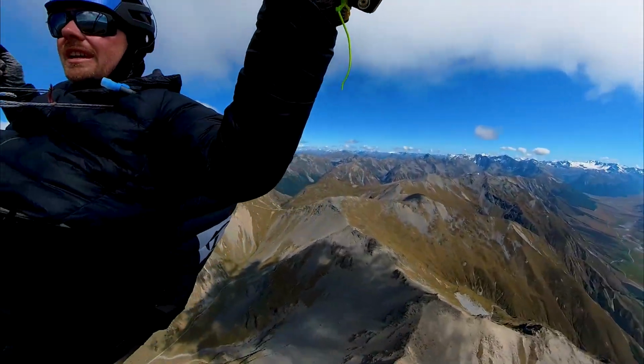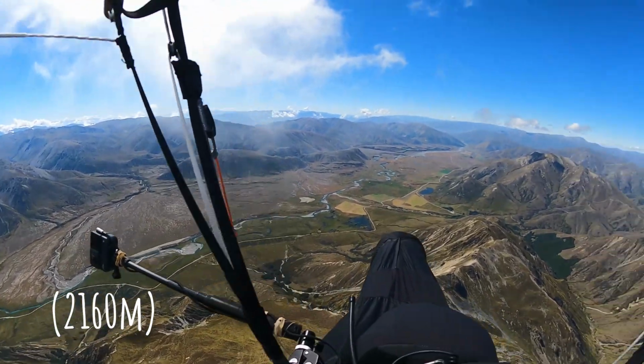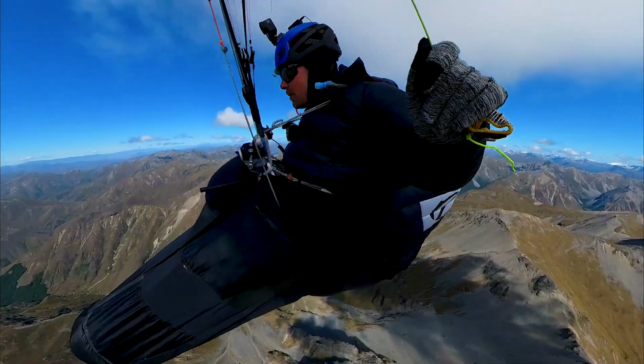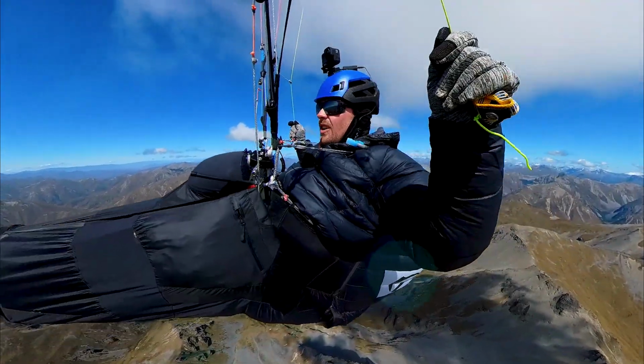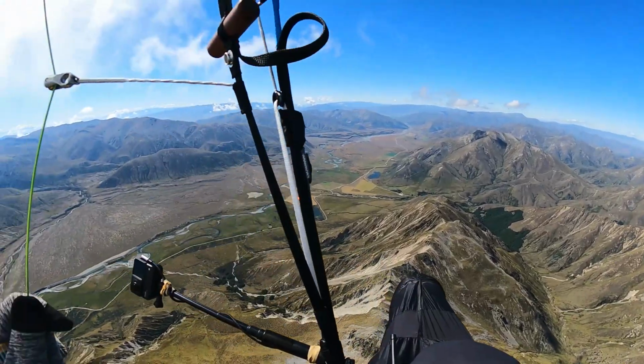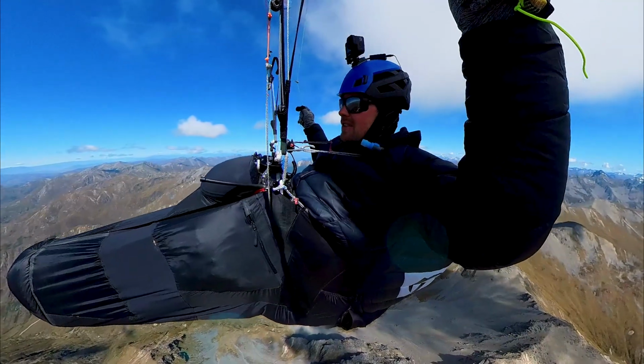Okay, it's 11:15. I'm at cloud base, which is at 7,100 feet, and I've got the first small transition over to Ben Avon. So I decided to take this climb all the way to the base. It's not a big transition, but it's still quite early in the day and there's some clouds ahead, so it's